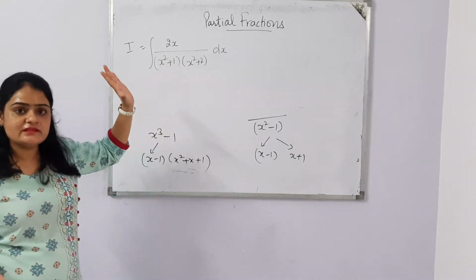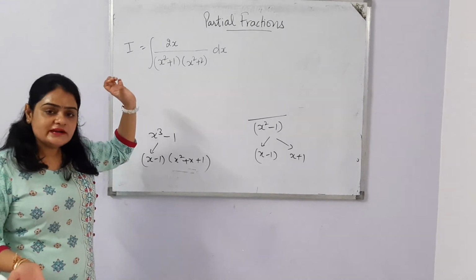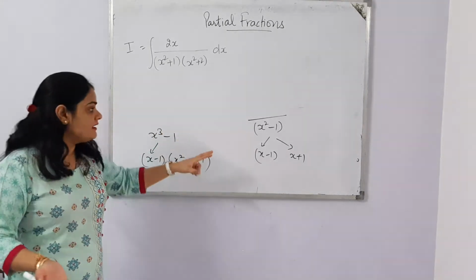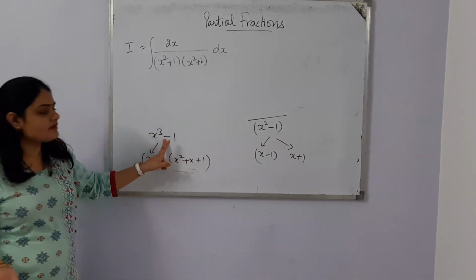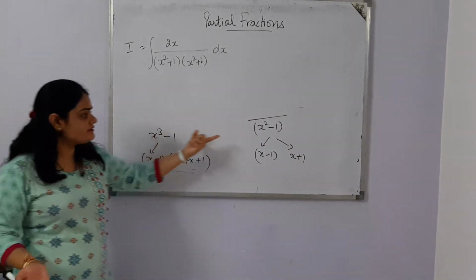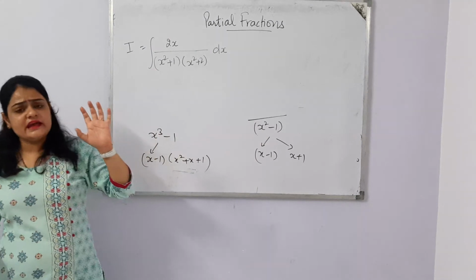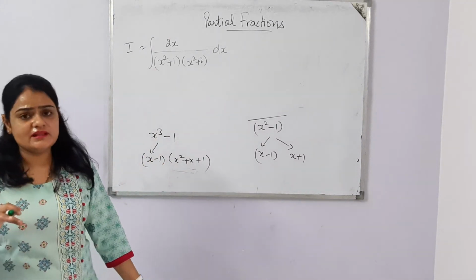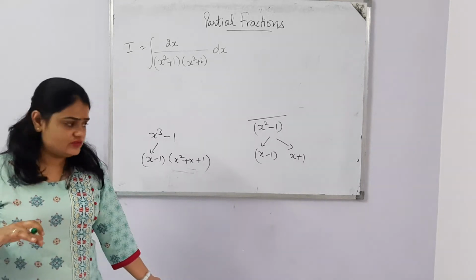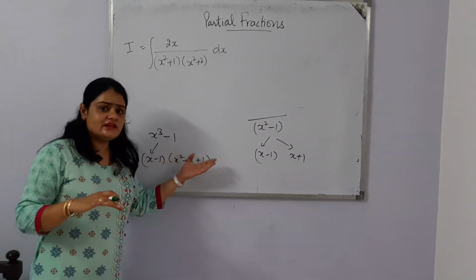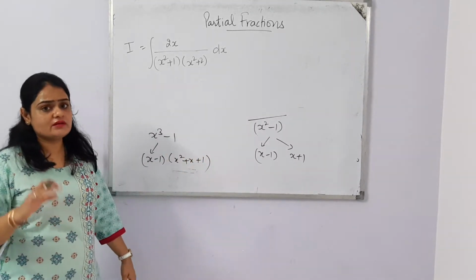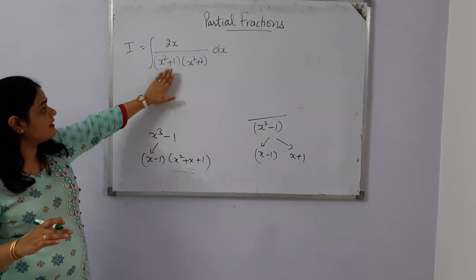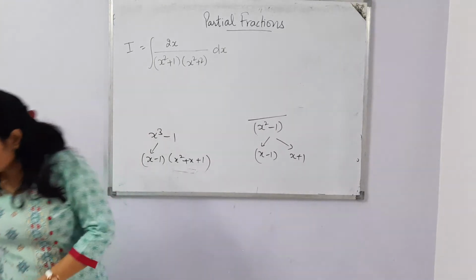So remember this thing, whenever quadratic factors are there, quadratic or more than power 2, here the maximum power is 2, here the maximum power is 3. If you have cases like this, first of all split the function if splitting is possible, then whatever factors we get, accordingly we will apply the partial fractions criteria. If splitting is not possible, like in this case, then what we have to do,